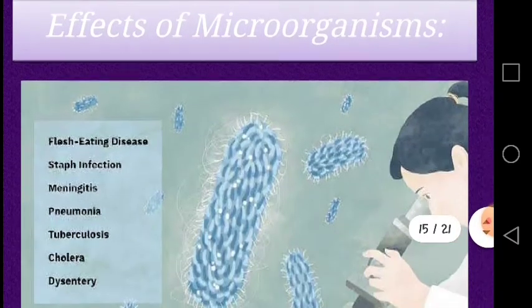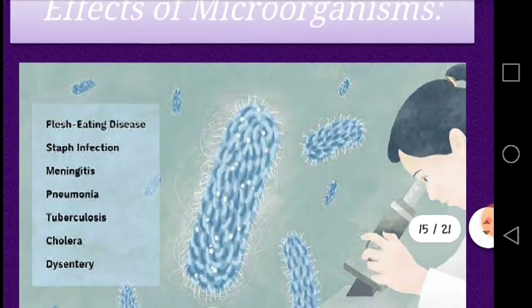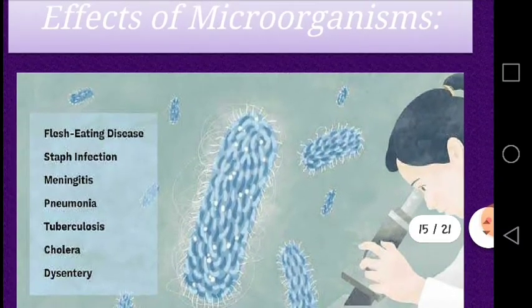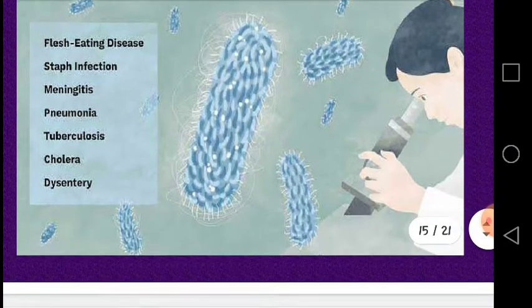Effects of the microorganisms. If microorganisms, microbes, are present in the water, they may cause very serious diseases like flesh-eating diseases, staph infections, meningitis, pneumonia, tuberculosis, cholera, dysentery. These are the problems which are related to water, and so these are also called the waterborne diseases, and this is because of the presence of microorganisms in the water. So these must be removed from the water,